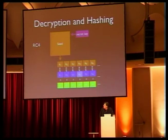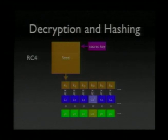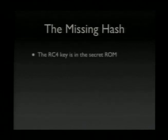So if a single byte gets changed, then only that byte gets changed in the plain text. But the key stream does not get changed, and the last few bytes also are the same. So effectively, you can't use RC4 as a hash. So there was no hash. They had some code which would do the decryption, which worked, and which looked like it would do a hash, but it didn't. We also had the